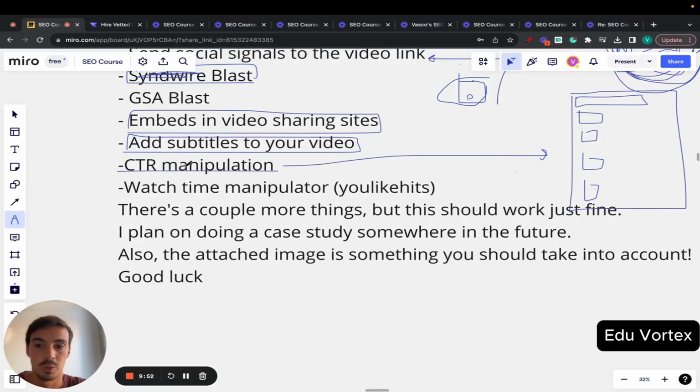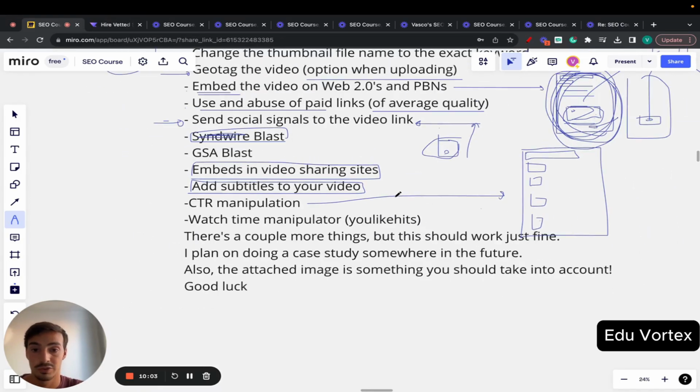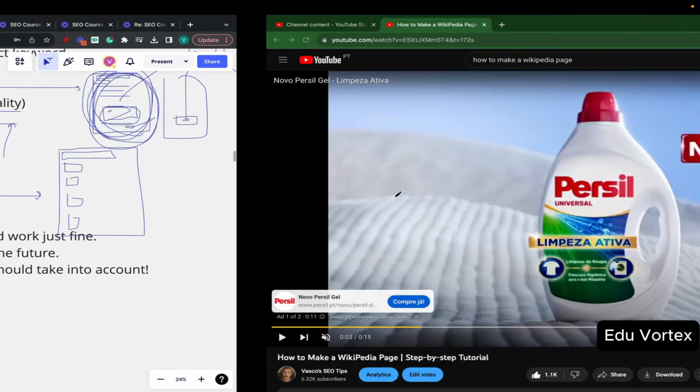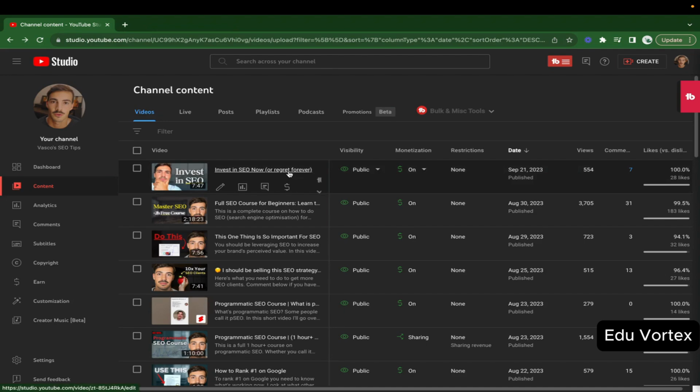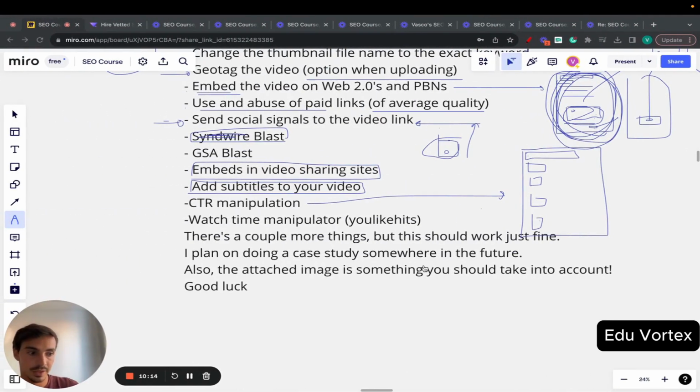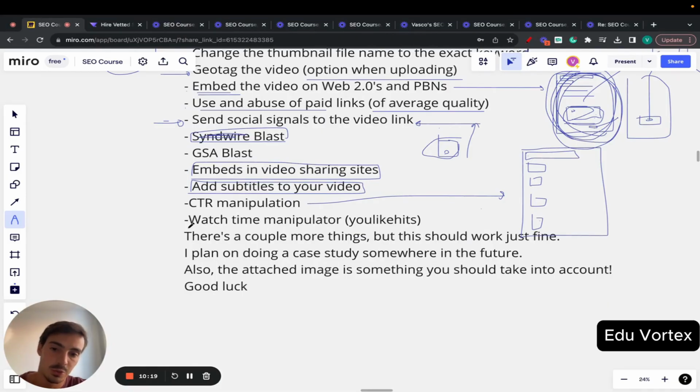So CTR manipulation works great, and there are a couple of websites you can do this from, or you can also hire people on Vetted or other marketplaces that do this for you. Then you have a watch time manipulator, because on YouTube, as I said before, you also have to focus on the user experience, on the thumbnail, on giving the user what they want right off the bat, and on the video having a proper watch time. YouTube ranks videos based on watch time. It's one of their biggest ranking factors, because they see that if people are watching this 1 hour video for 50 minutes, it means it's a good video, so we're going to recommend it to more people and rank it higher, right?